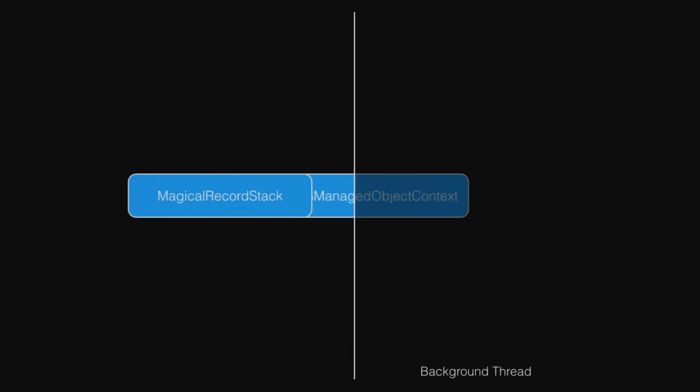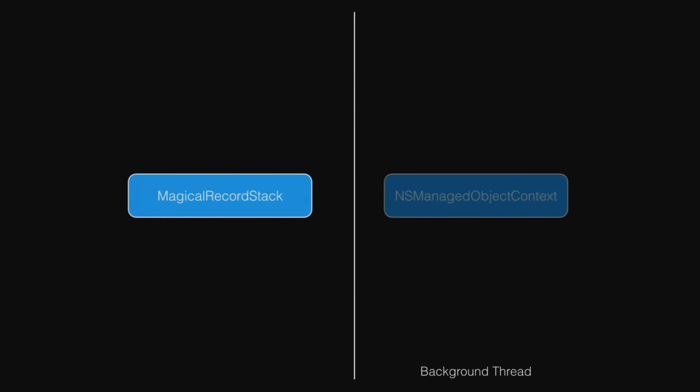But the awesome thing about the stack is that I assigned not only the responsibility of setting up the stack and building up all those objects, I also assigned the responsibility of vending new managed object contexts. This is key in the way that background operations work in Core Data. To work in a multi-threaded scenario in Core Data, you need to have a new context set up for you by default. You need to use these new contexts, work in those contexts, and let them go away.